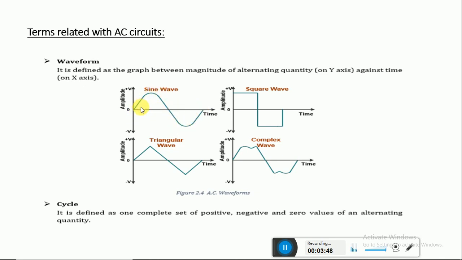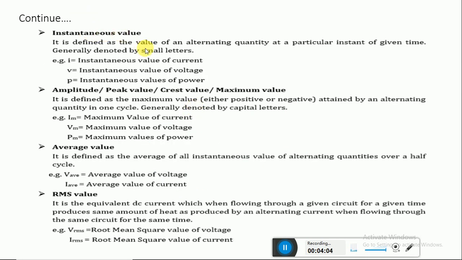Suppose you check at this point. At this point the magnitude is different, and at pi by 2 it is different. So at every instant of time you get a different value of voltage and current. That's why it is called instantaneous value, and it is always indicated with a small letter. Small i is the instantaneous value of the current. Small v is the instantaneous value of the voltage. If the waveform shown is a voltage waveform, then it is indicated by small v, and p indicates the instantaneous value